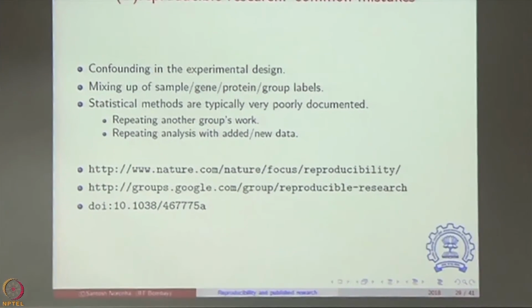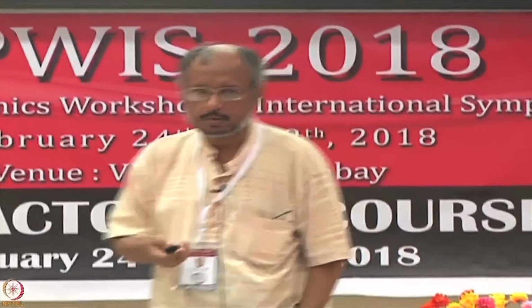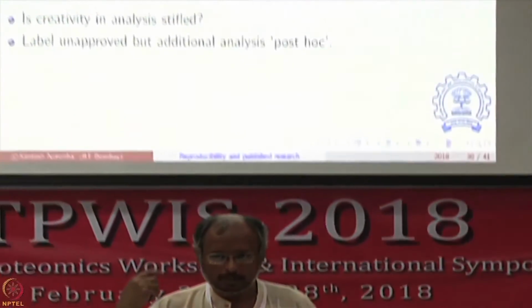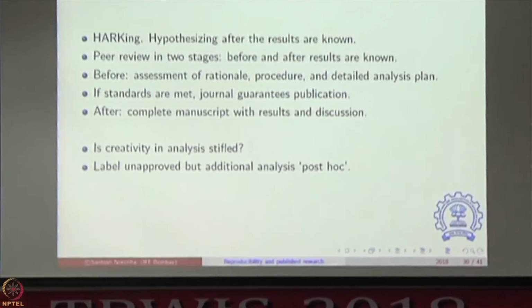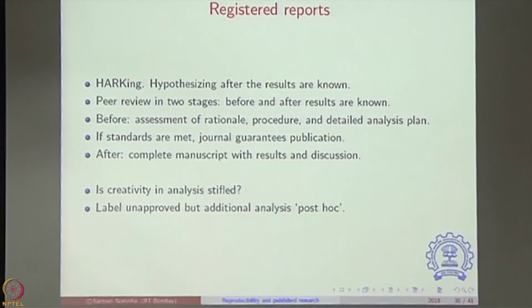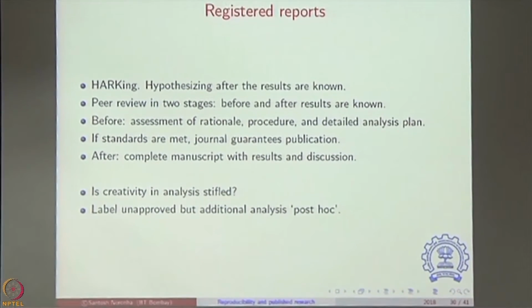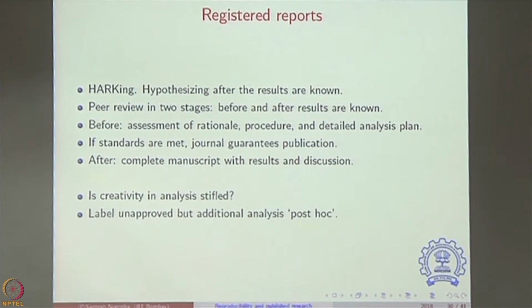There should have been a robust experimental method and a computational method identified before the experiment was even done, and then you report whatever results you get as per that methodology. In fact, the whole publishing paradigm in the omics space is going to change now. For example, journals like Nature are already starting to follow an altered publication protocol, where they are so concerned about the fact that data is first generated and hypotheses are created afterwards, that they are saying the entire review process must now happen in 2 stages.